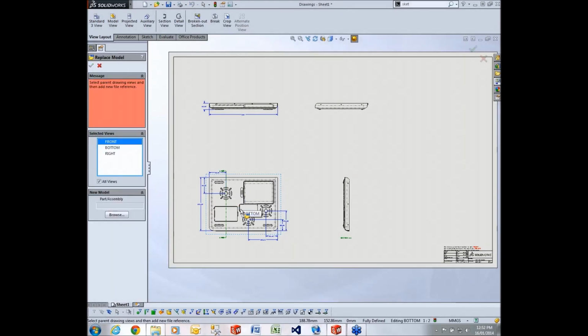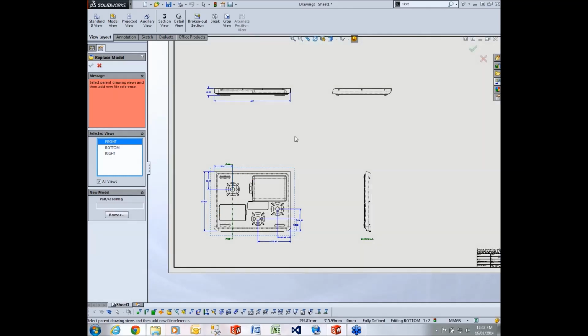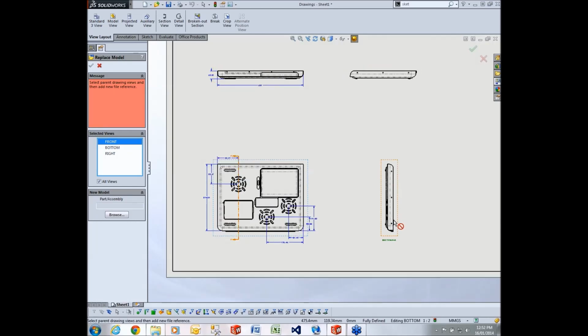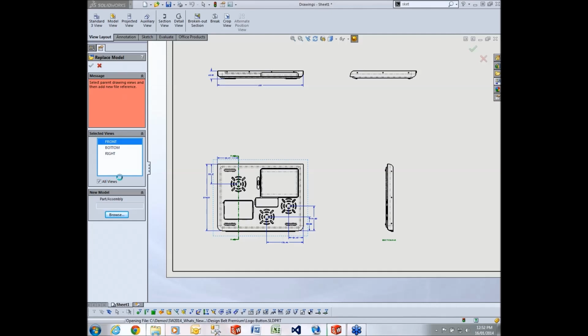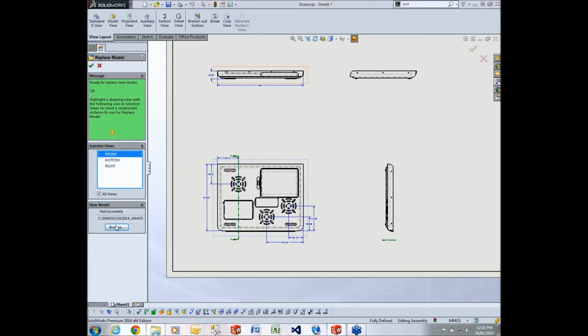We've always had the ability to do that. The issue that we've had is that we've had to swap like for like. So we've had to swap parts with parts or assemblies with assemblies. What I would really like to do is, I realized I started to detail up this thinking it was the assembly, but it's actually the part. I want to replace the part with the assembly, but I don't want to lose any of my annotations or drawing views. I now have the ability to browse for and find an assembly, and here's where it gets really